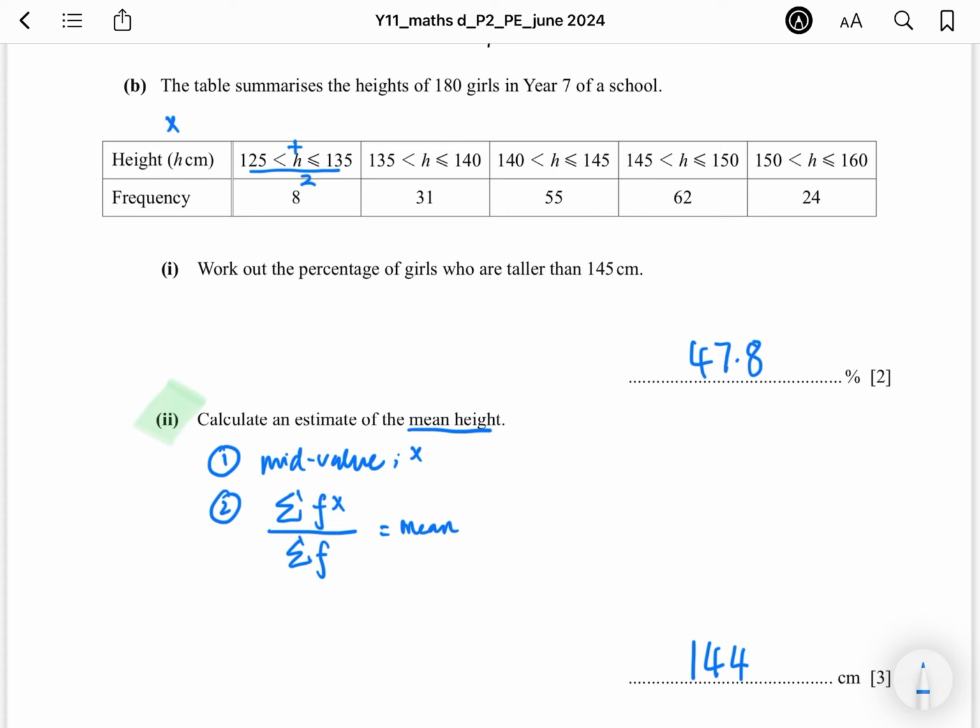So for the first one there, 125 plus 135 gives you 260, divided by 2 is 130. Then 135 plus 140 divided by 2 gives you 137.5, and then this one will give you 142.5, and this one will give you 147.5, and 150 to 160 will give you